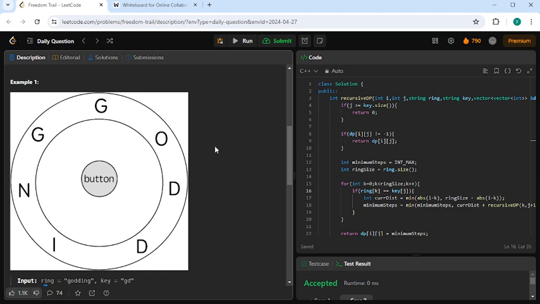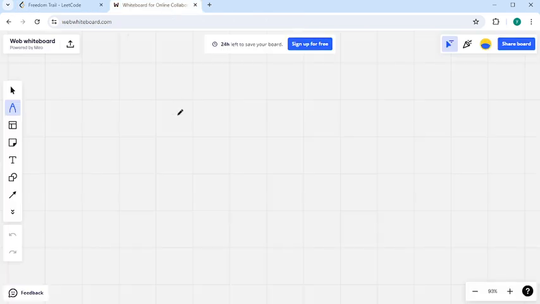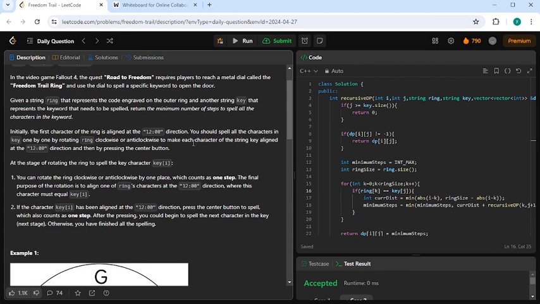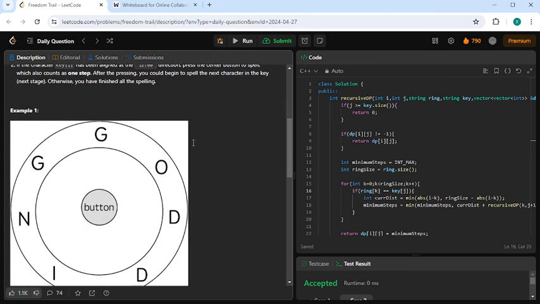So I will try to explain it with the help of an example and how to approach this problem. First of all, in this problem we need to do this in a minimum number of steps. In my previous videos as well, I have given a hint that whenever we see this minimum kind of thing, only three things should come to our mind: one is greedy, one is DP, and one is binary search.